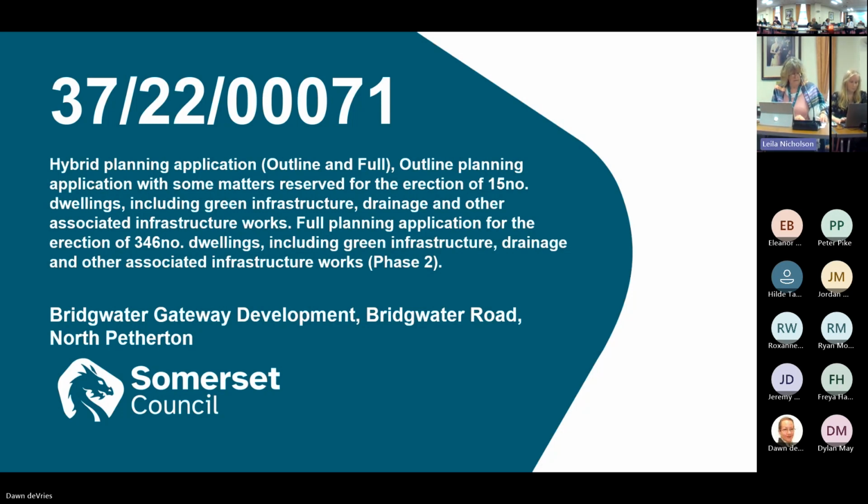Thank you, Chairman. Just to give an overview of what we're looking at today, we have 2 applications, both at the Bridgewater Gateway allocation, which is policy B4 of the local plan and allocates the site for development as a whole. It's been split into 2. So the first application on the agenda is referred to as the Bocklock application. So this is the one before us first, and then the second one is the Vistry application. They have a certain amount of